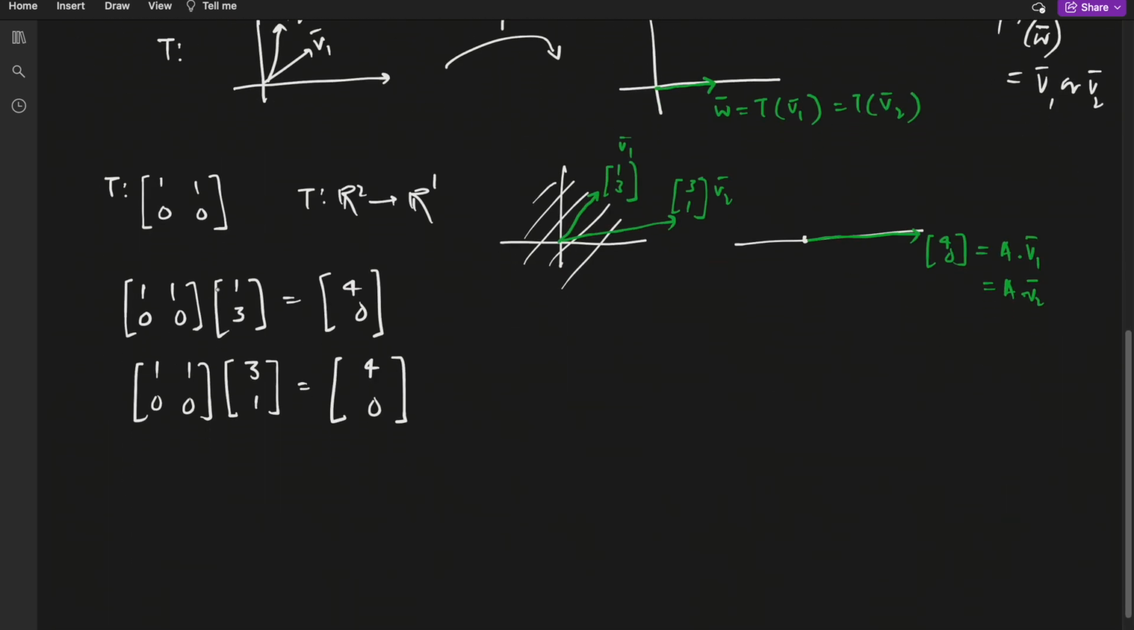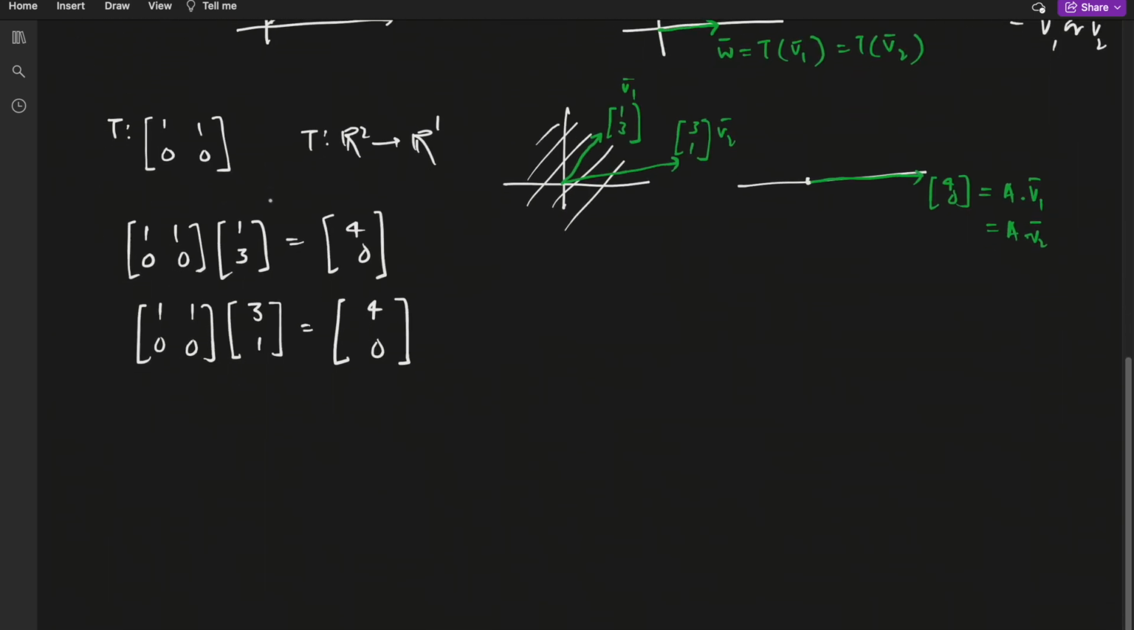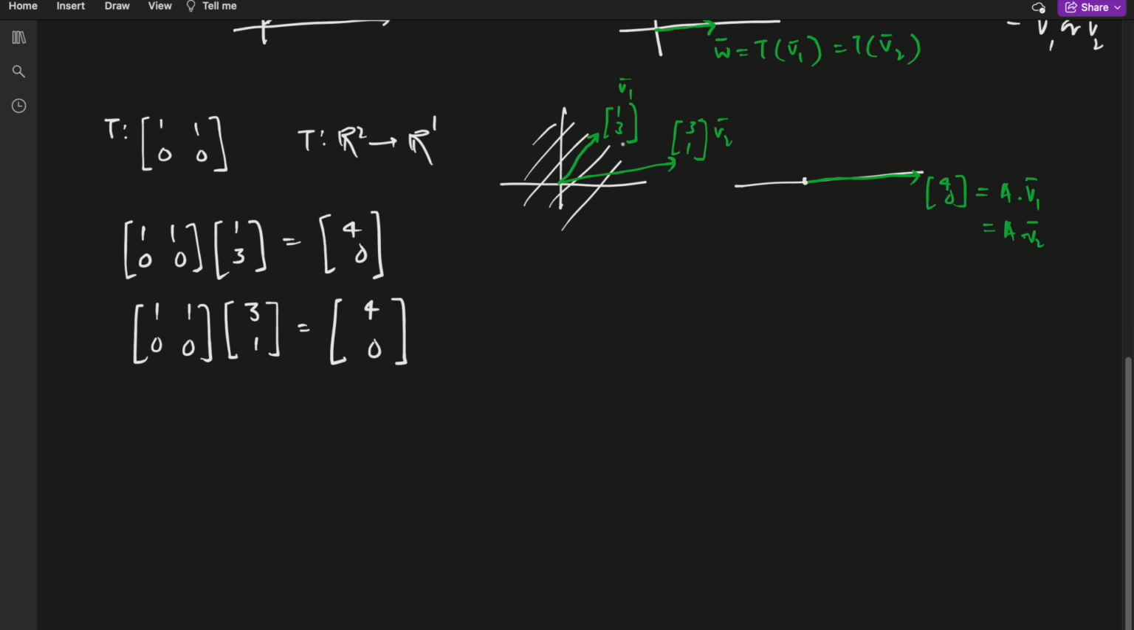I will show you one more algebraic way to see why the inverse is not possible in this case. For example, suppose this transformation T is moving the two vectors v1 and v2 to the same output vector, right? So T of v1 is the same as T of v2, which is W, right? Now let's suppose S is the inverse of T, so S is T inverse, right? So if you apply S on both sides,